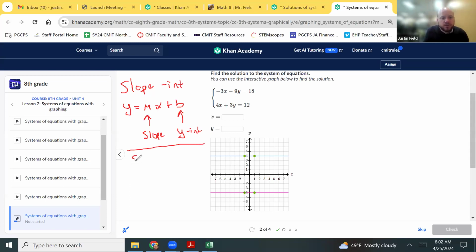These are in standard form. Okay? And so what is standard form? It's when we have both variables, both the x and the y, on the left side. And we just label the numbers that we see in the equation A, B, C. Okay? So if you write that standard form above